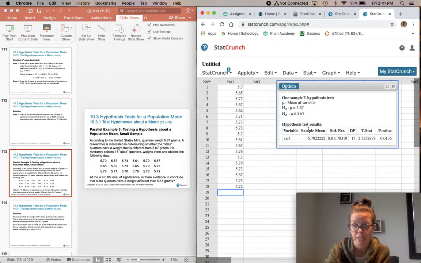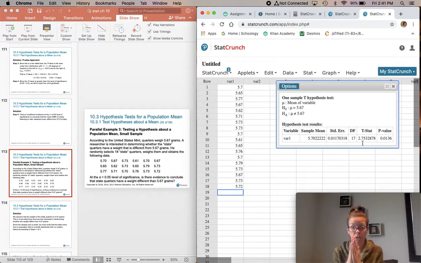So back to our hypothesis test, we got our mean here. The mean for these quarters is 5.70. So that seems different, but not super different, but it does seem different, right? Our t-stat is 2.75. Remember, that's like a comparison to the mean. So 2.75 means 2 3/4 standard deviations above the mean. Remember that 68, 95, 99.7. So this is between the 95 and the 99.7. And it turns out that the p-value then is